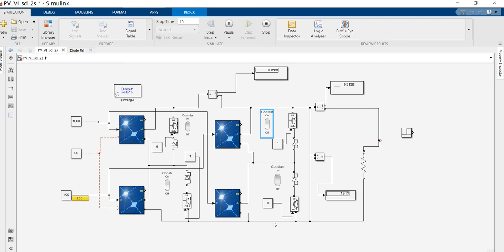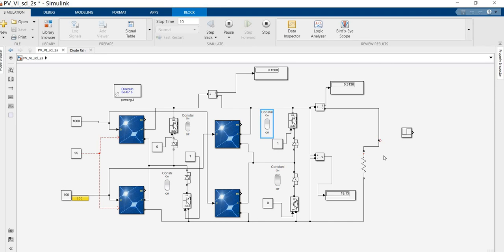Based on this experiment, if any partial shadow occurs on the series parallel combination of the PV array, the shaded array will act as an ohmic drop across the panel or across the load, which can be removed by the switch that connects the parallel diode between the arrays. Okay.